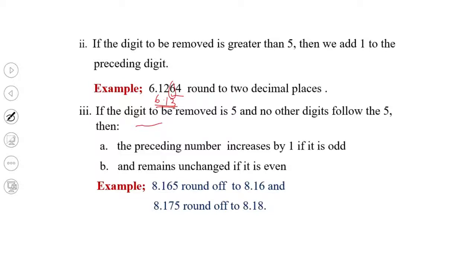3. If the digit to be removed is 5 and no other digits follow the 5, then the preceding number is increased by 1 if it is odd, and remains unchanged if it is even. For example,